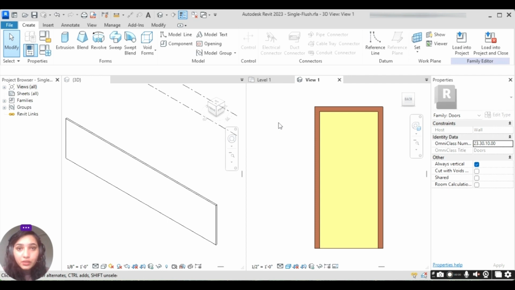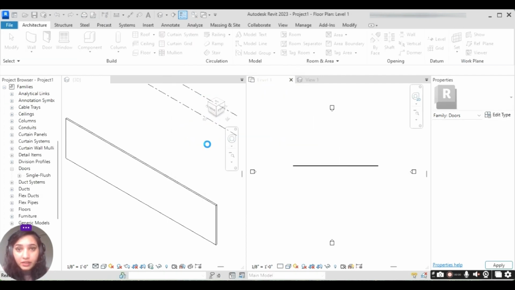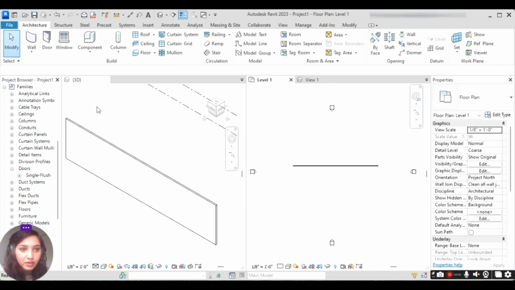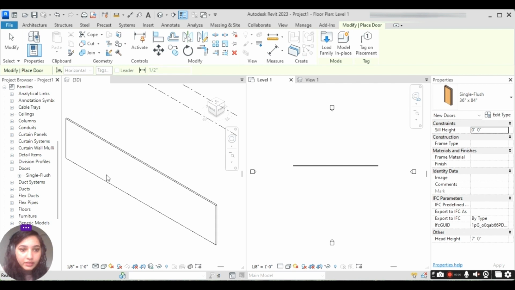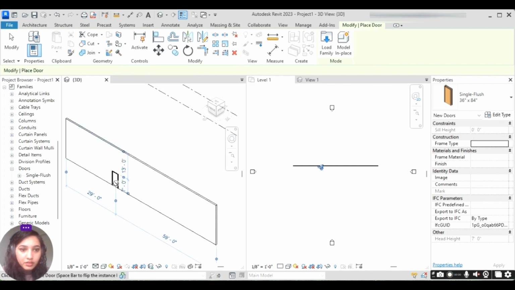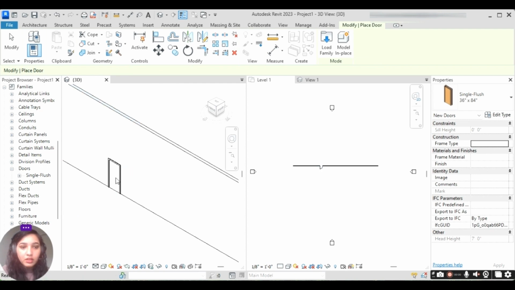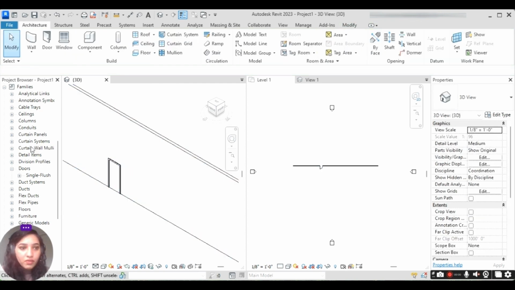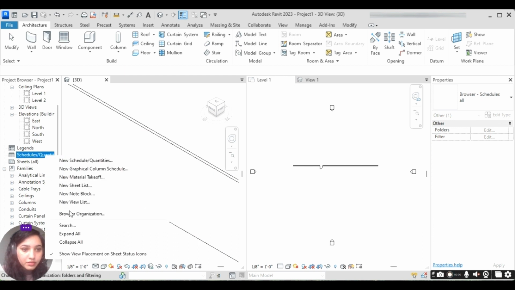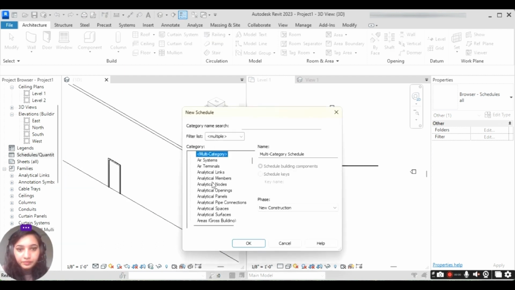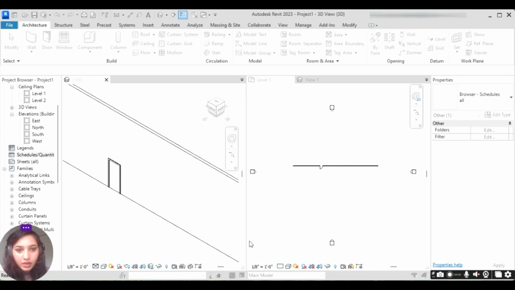Let's firstly load this door family to a project. Alright, the family was already there and I'm overriding the family, and let's add that door on this wall. And I now want to go to the schedule. If I go here, I create a new schedule which I want to be a door,